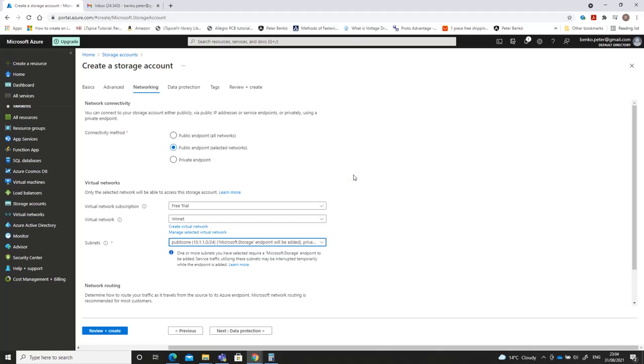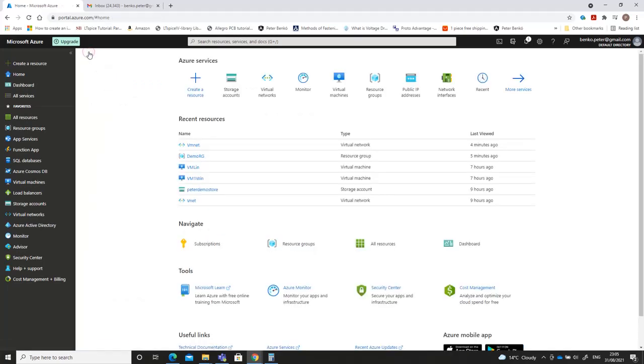Oh, so we have two networks that we can use to connect our subnets. So this is what the storage account is about. So once the storage account is done,